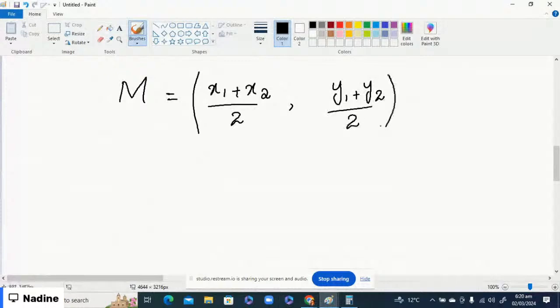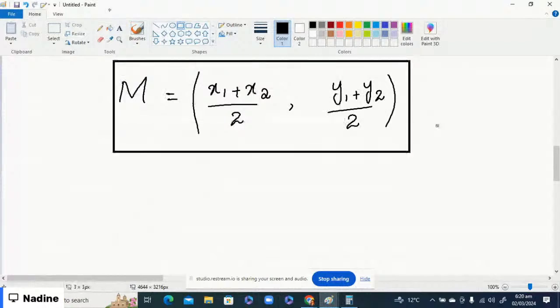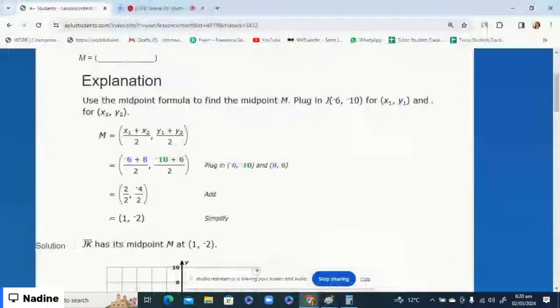Okay, this is the formula for the midpoint. Okay, now by using this formula,